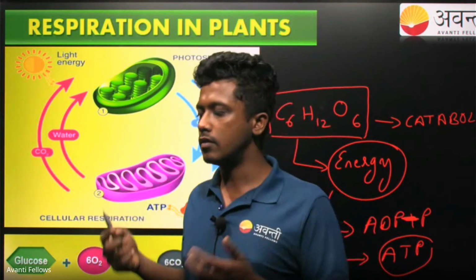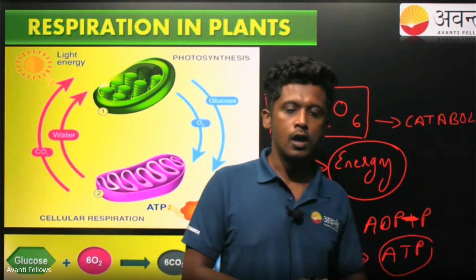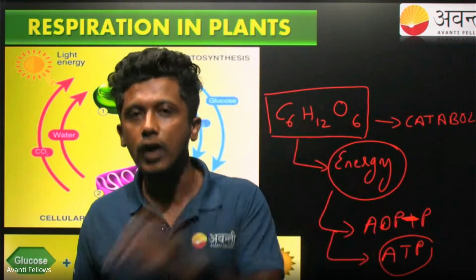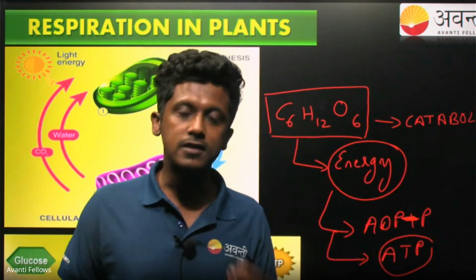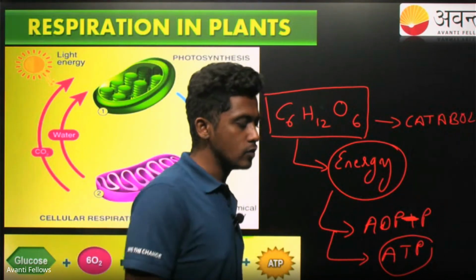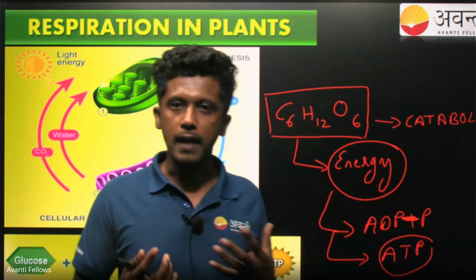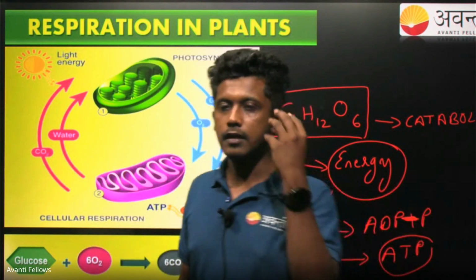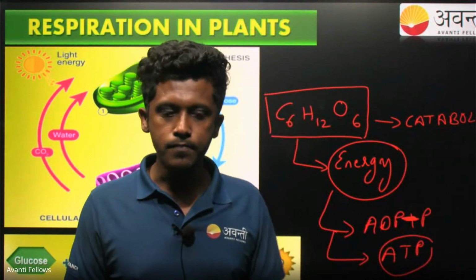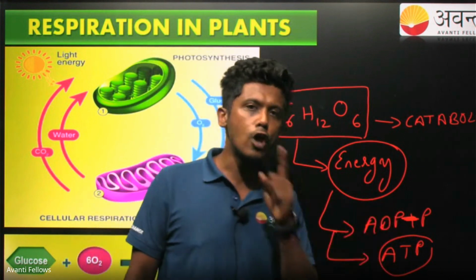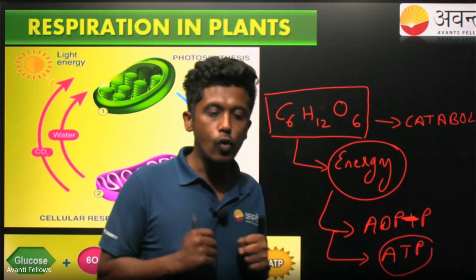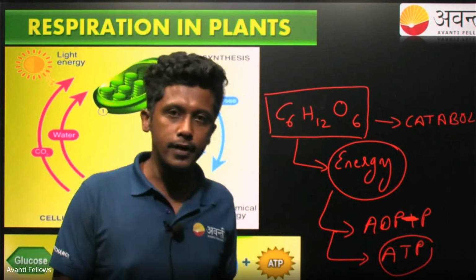They require support. How do they require support? Now the food is prepared in the leaves. Now prepared food has to be translocated to the non-photosynthetic parts, which the phloem does very effectively. So the glucose that is produced is converted into sucrose in the plant leaves itself. The sucrose from the plant leaves is translocated to different parts of the plant, such as roots and stem, which are non-photosynthetic.